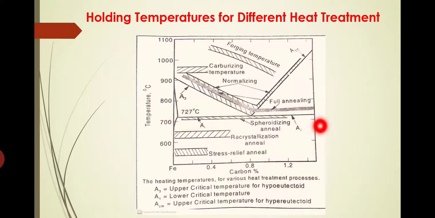Towards this side we will have more carbon percentage, that means cementite will be present in this region. Here we will have a much lesser carbon component, that is ferrite. Okay, that is the main difference. Here alpha plus ferrite will be there, here alpha plus cementite will be there. So finally after cooling, based on which composition we are cooling, we will have different final structures. Okay, I think you might have studied all these things during the phase diagram.